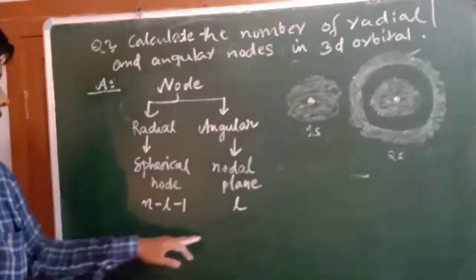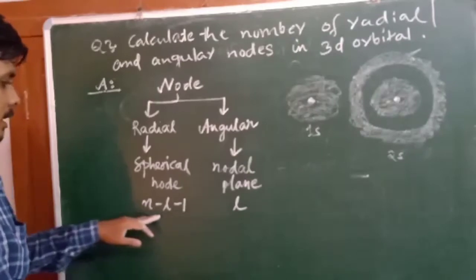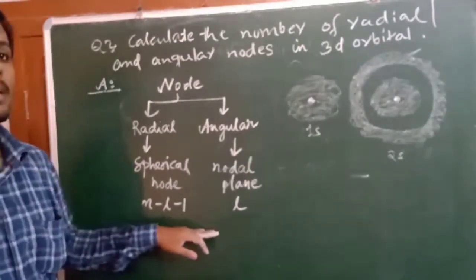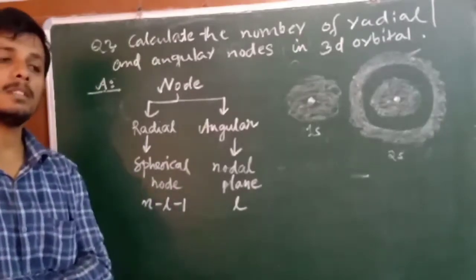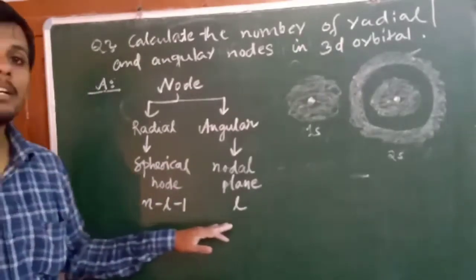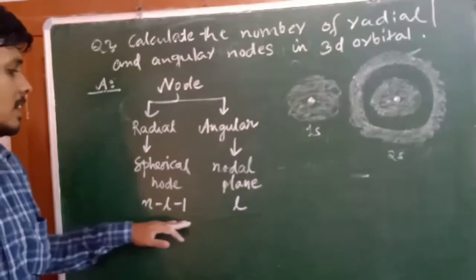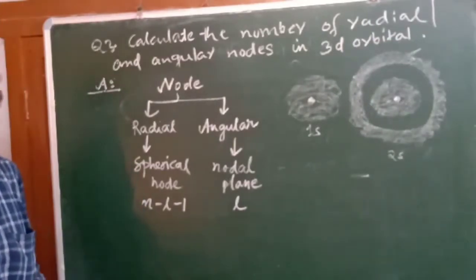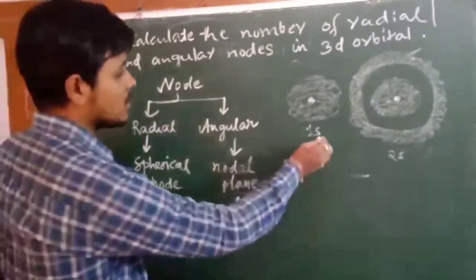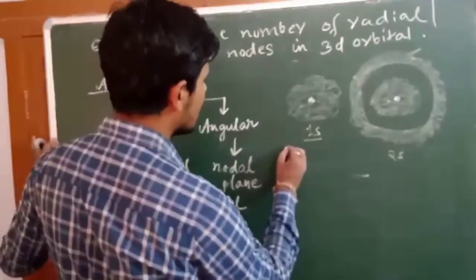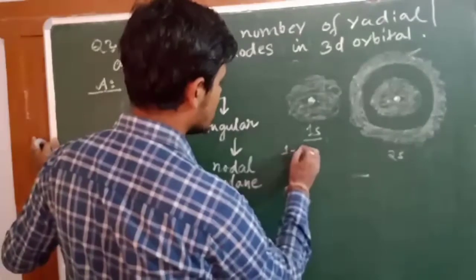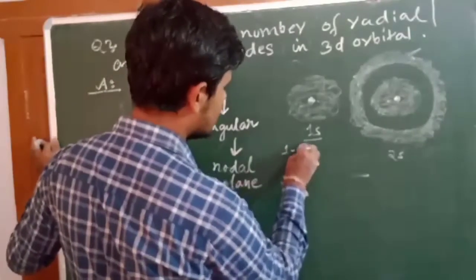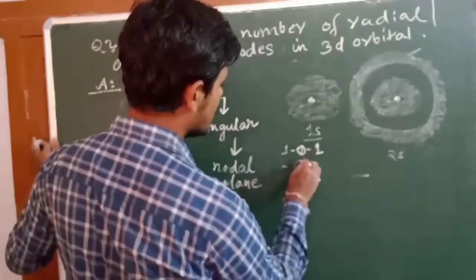So what is a radial node? A radial node is a spherical region around the nucleus where the probability of finding an electron is 0. So for example, if I consider this 1s orbital, the number of radial nodes is n minus l minus 1, so 1 minus 0 minus 1 equals 0. That means